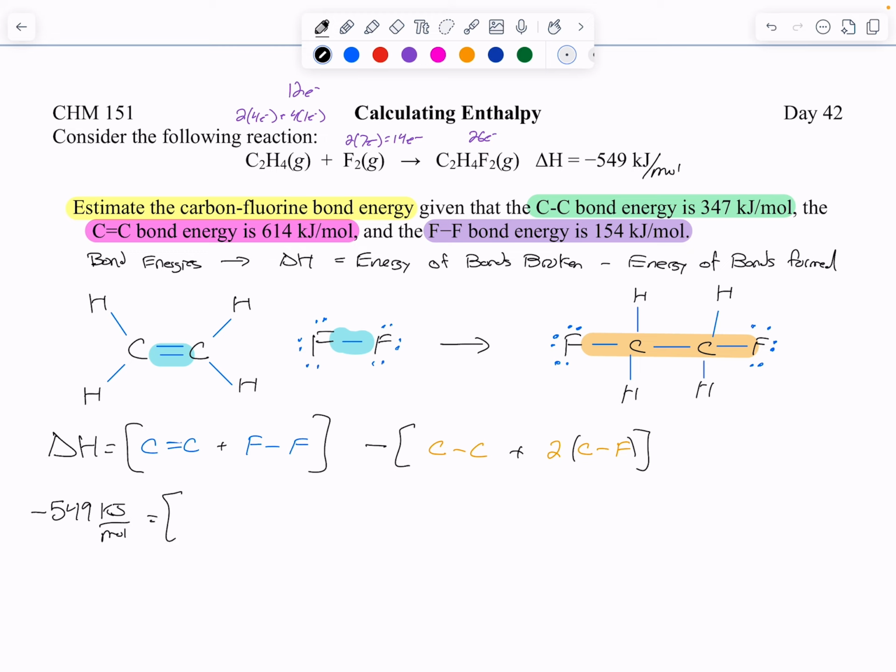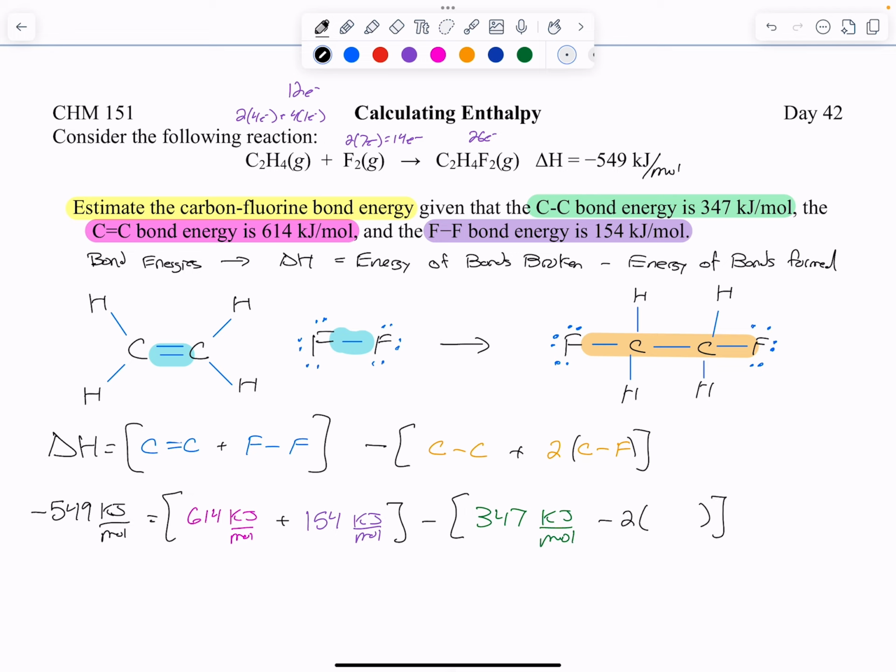The C double bond C, I use that here, is 614 kilojoules per mole, plus F-F, which is 154 kilojoules per mole, minus the C single bond C, I use green for that, 347 kilojoules per mole,